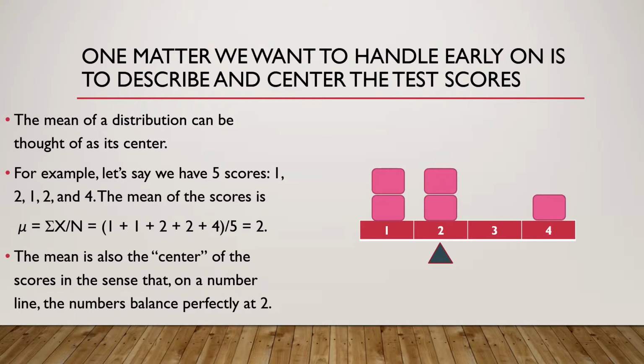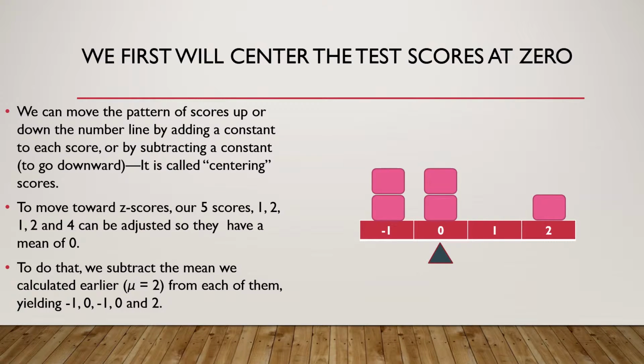The mean of the scores is the sum of those divided by 5, the number of test takers, and that's going to equal 2. That mean is also the center of the scores in the sense that on a number line, the numbers balance perfectly at 2, as you can see in the figure to the right. Okay, so we have a mean of 2 for our 5 scores, but we want to move that mean to 0 in order to make these scores into